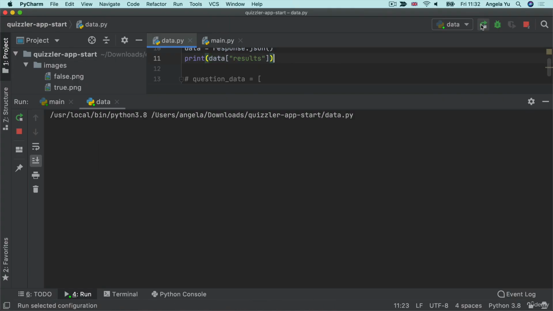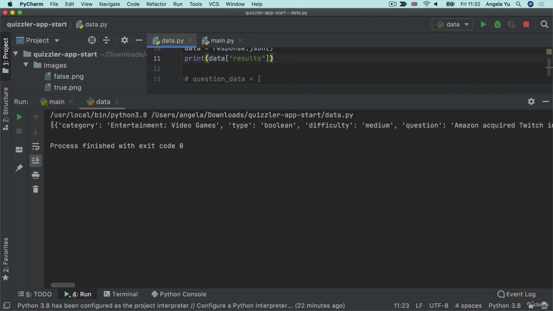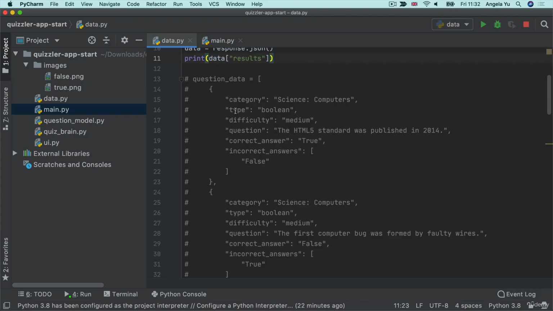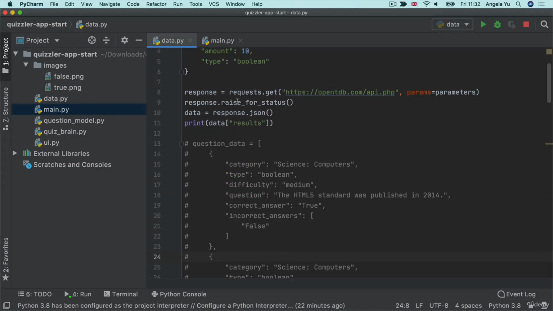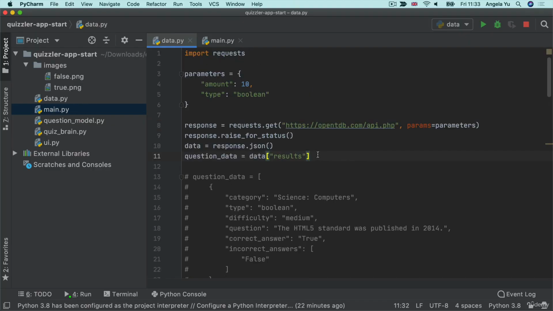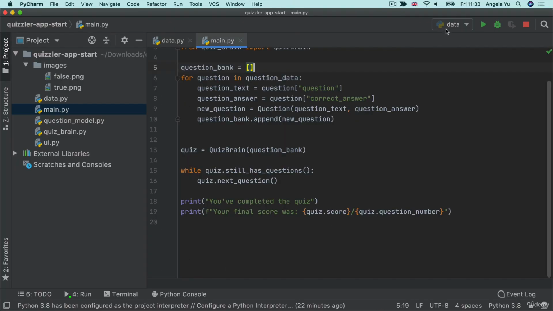So now if I run this again, you can see we now have a list of question objects, which each contains a dictionary, and it looks now pretty much identical to this structure that we had before. Now, instead of printing this, we can save it as the question data. So now this question data has replaced this question data, and as I mentioned, we can run our main.py and